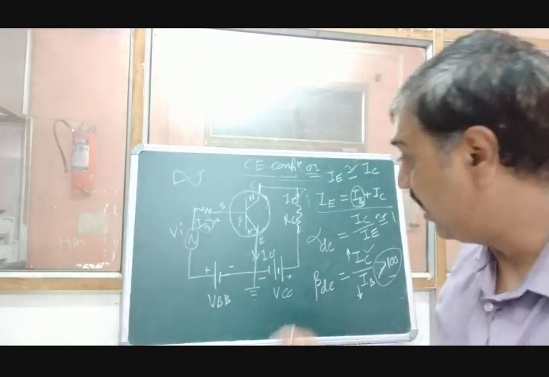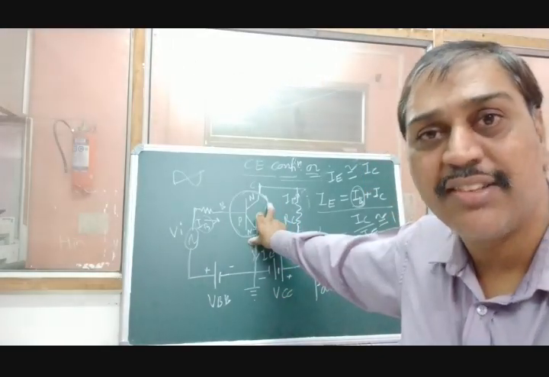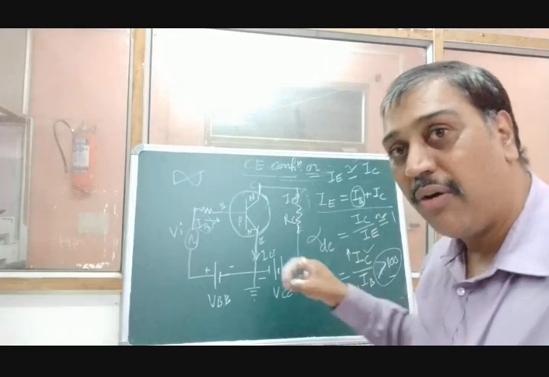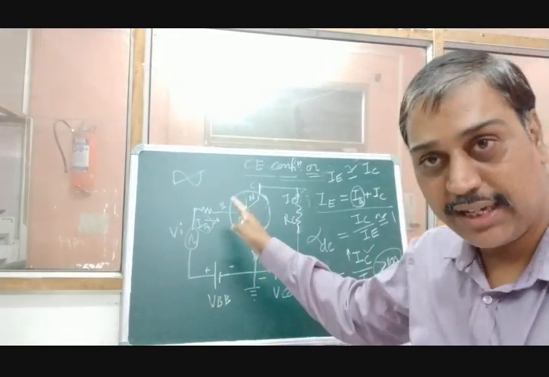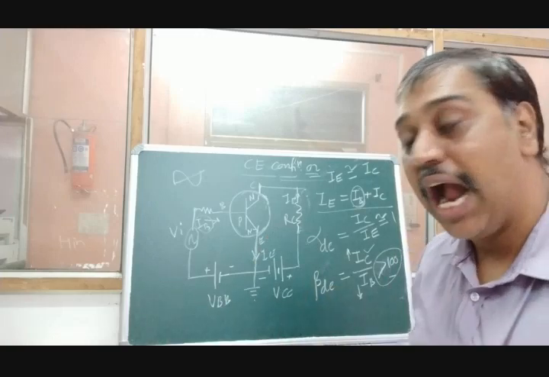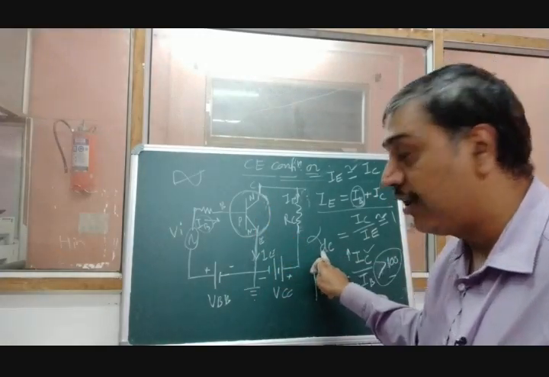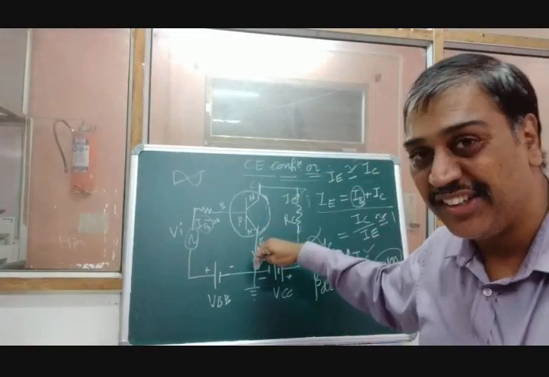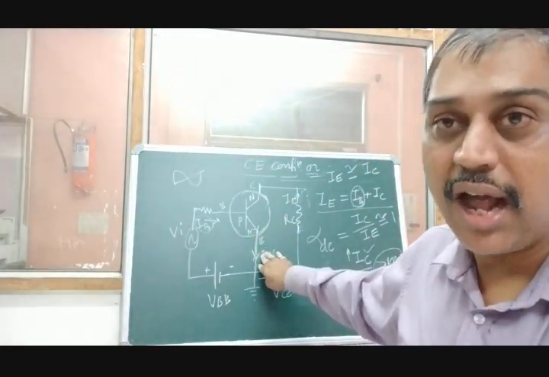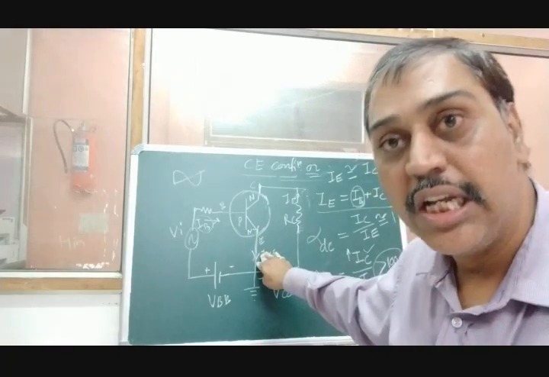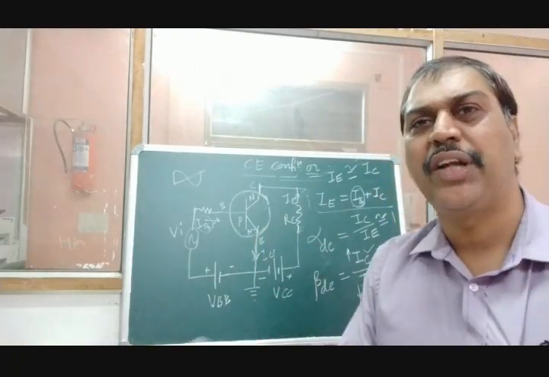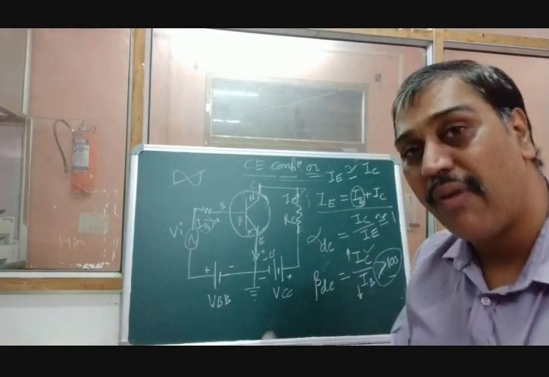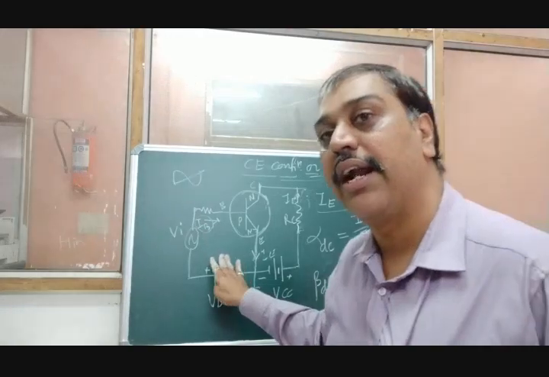But the manufacturing company can create the transistor such that we can adjust the value of alpha DC and beta DC, according to the impurity added in these three regions. We have to decide first what alpha DC we require and what beta DC we require, then create the transistor. That is the basic concept of how transistors are manufactured: for what application you want to use the transistor, and what values of alpha and beta DC are required. Accordingly the manufacturer creates the transistor.